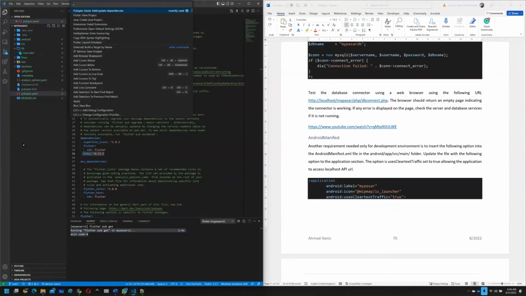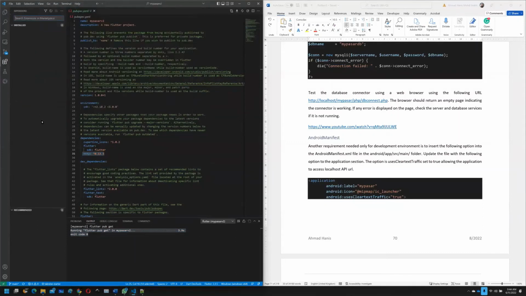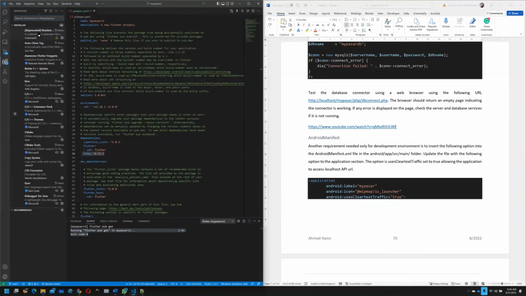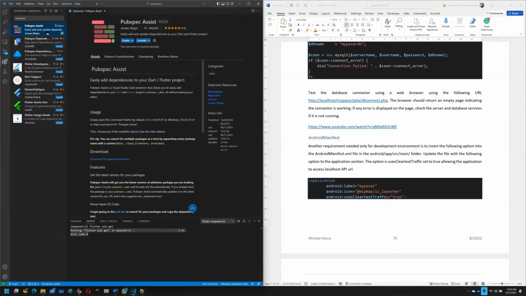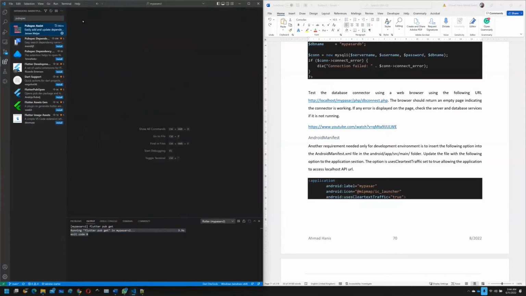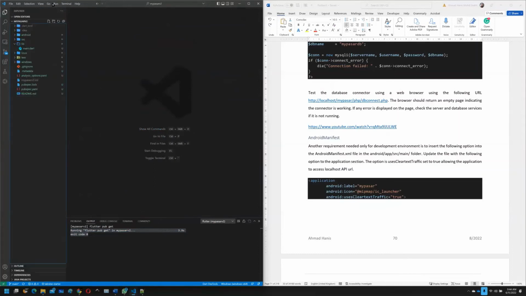The Pubspec Assist is basically available through installation. Just install Pubspec Assist, and then you are able to install that through your command palette. Okay, so that's just it. All right, now you have your HTTP library already there, but before that, you need to enable